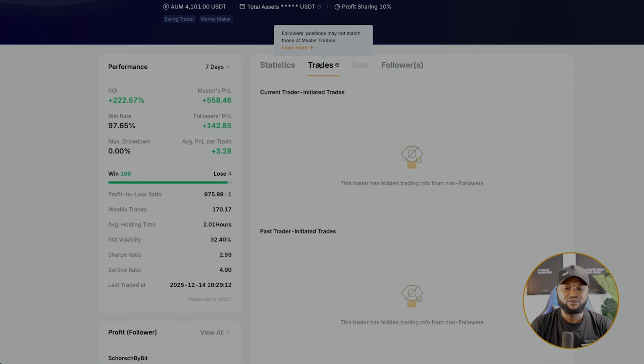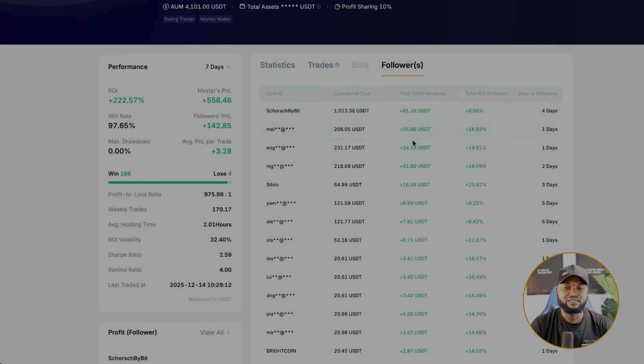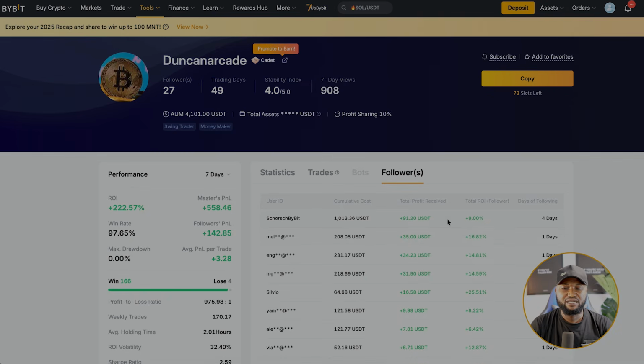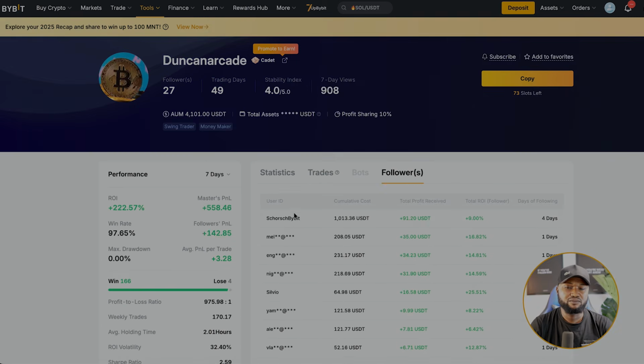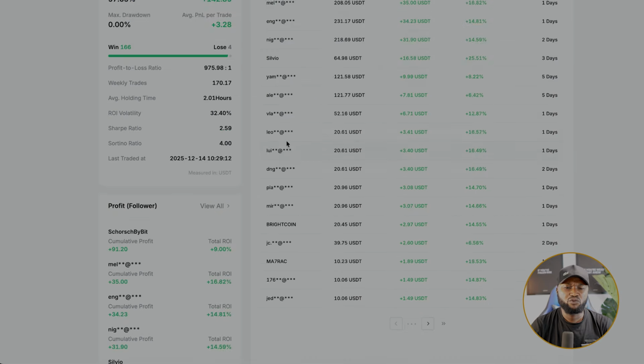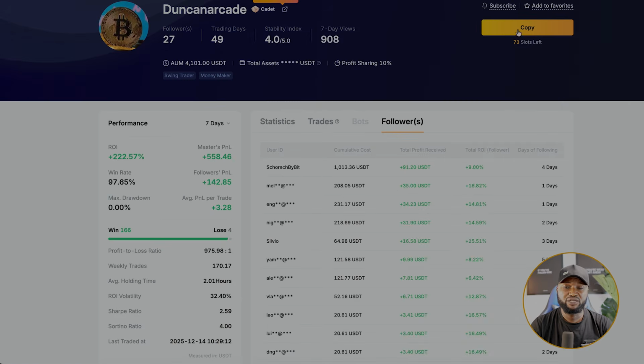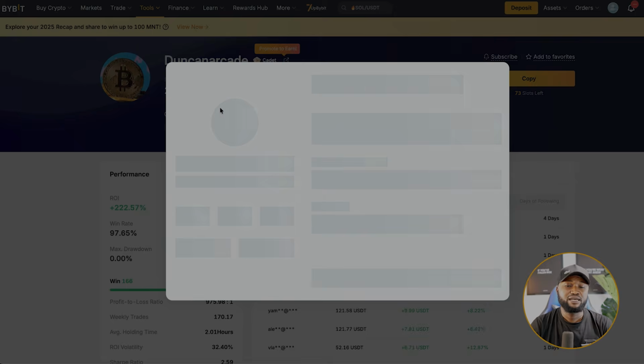We'll see trades. This trader has hidden trading info. Okay, it's not displayed yet, but then followers, these are his followers and their total profit received from whatever they did. This is the profits. You can see them, so you can check on it. If you want to actually copy this guy, you simply click on display copy, and then it's going to display